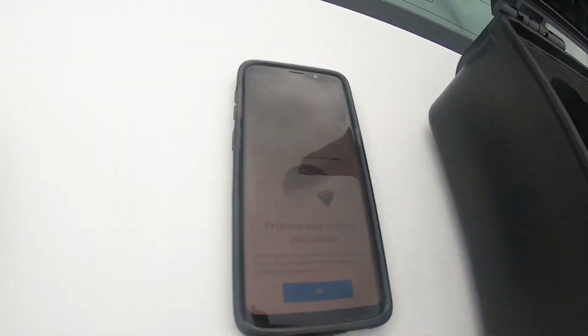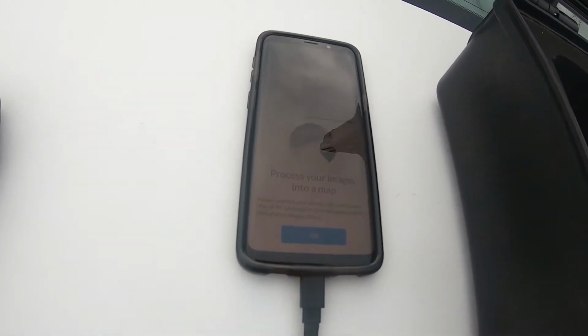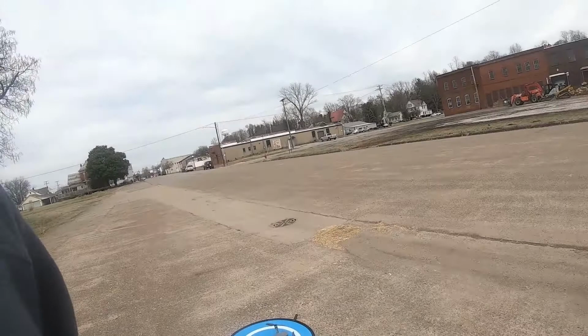So what you can see at the end of it, it says process your images into a map. What you do is you're going to take the SD card out of the drone, go back to your computer, and plug it in, and basically that's it. So for now, I'm going to go ahead and set up the